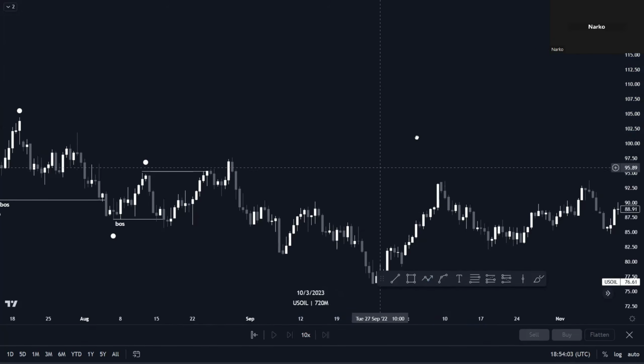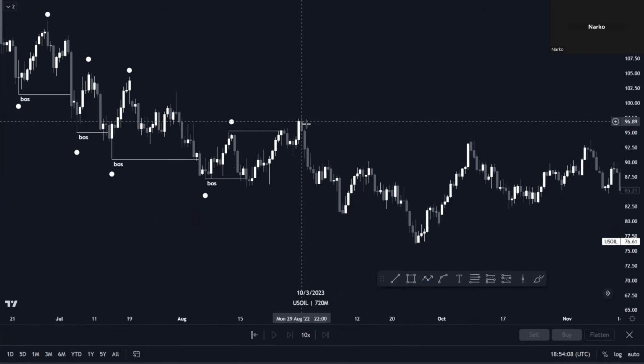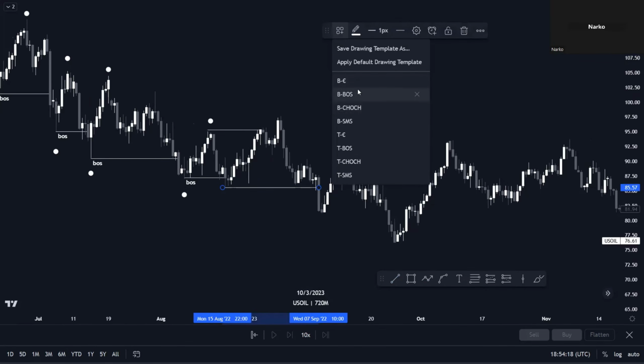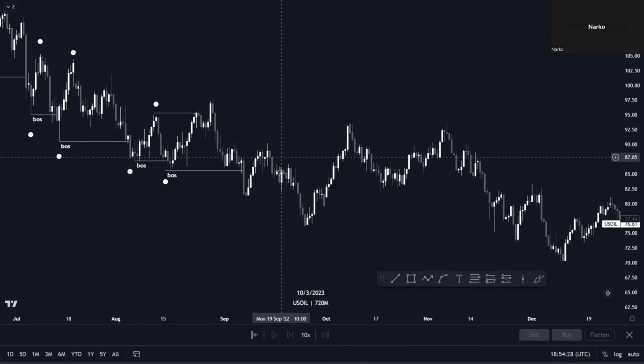so now here price is in an unconfirmed trend, but then once again price pushes to the downside and violates our previous lower low, meaning that we are still confirmed bearish on US oil. Okay, so this is a lower low, and here this is a lower low. Then onwards price breaks our previous lower low,